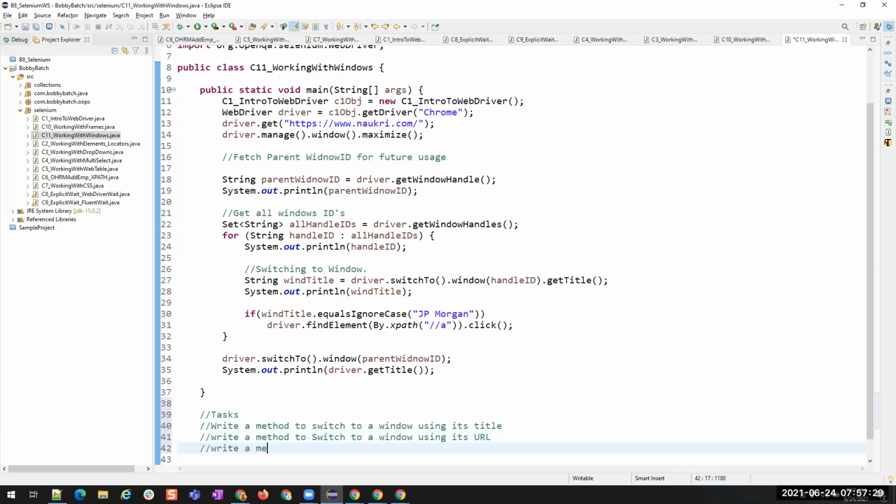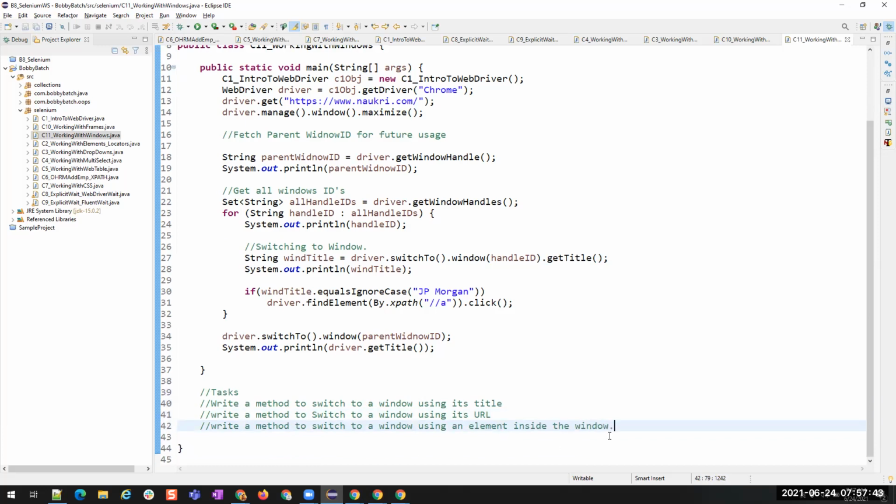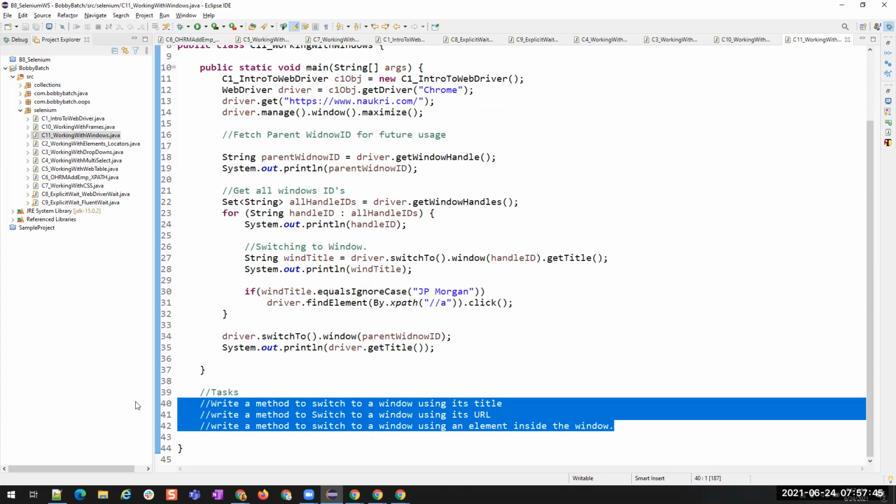Another thing, write a method to switch to a window using an element inside the window. Okay, write these three methods.